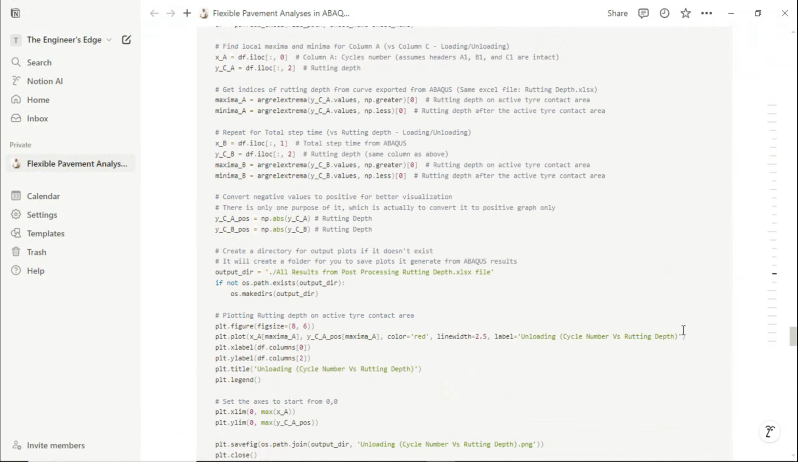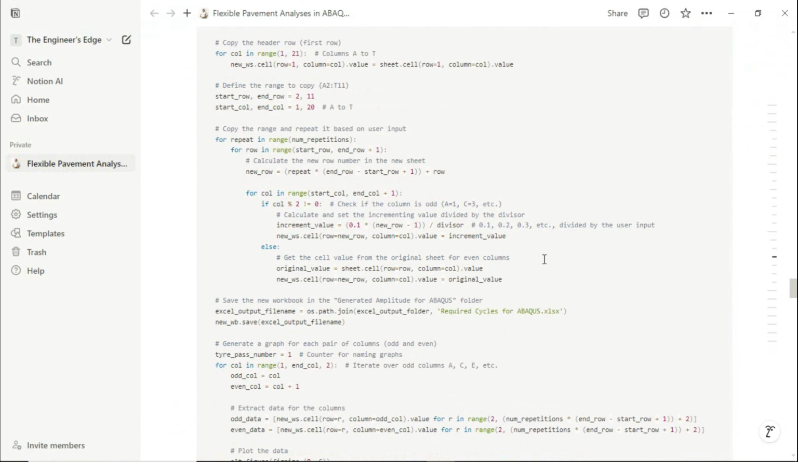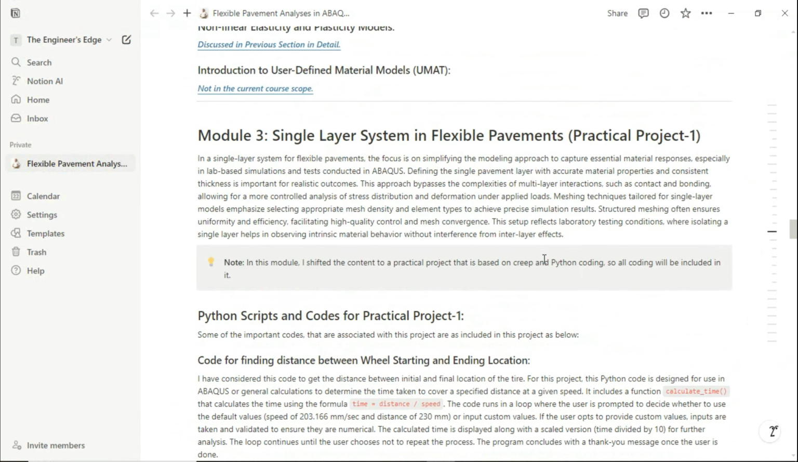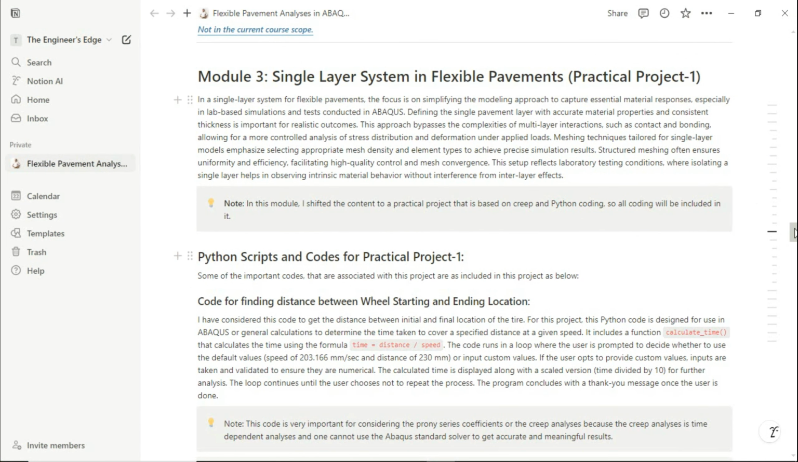So let's look into the project, and here in this project we have this single layer system for the flexible pavement. Most of the time in a single layer system for flexible pavement, the focus is on the simplification of the modeling approach to actually capture the material response,